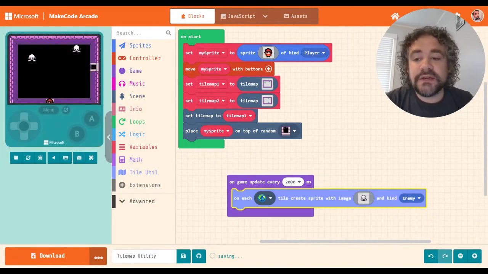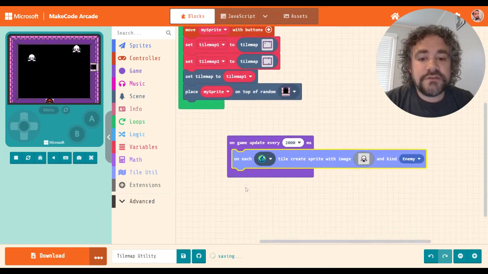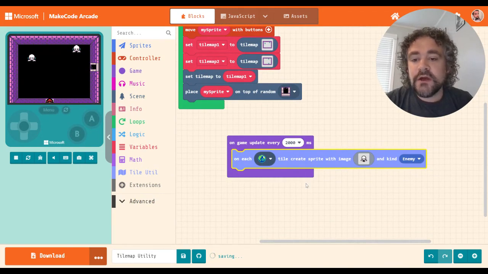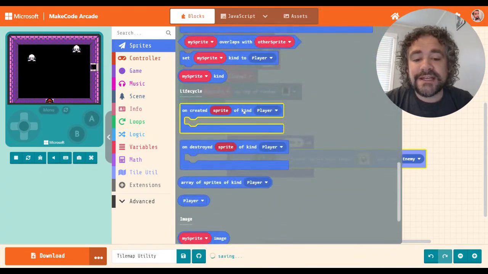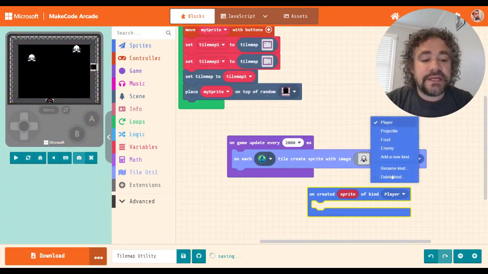Now, here's the important thing I want you to notice. It didn't give any stats for the enemy. It also didn't name the enemy. So it's not creating a sprite the way we're used to creating sprites, right? But you can still give them stats. What you would have to do is go over here to the sprite section, go down to on created. So on created of kind enemy,